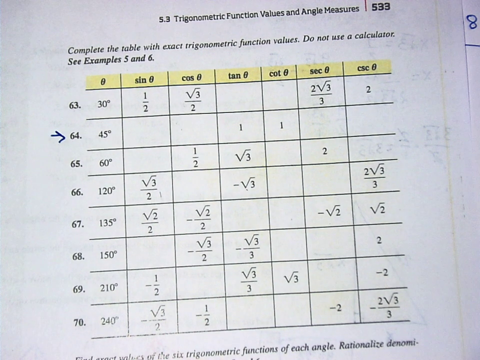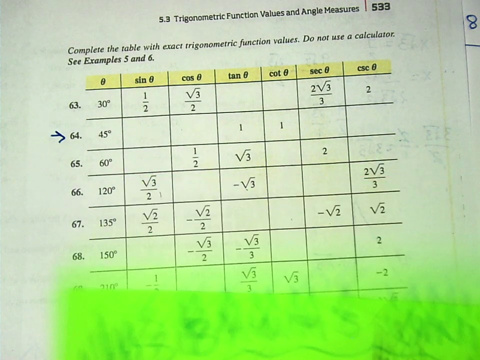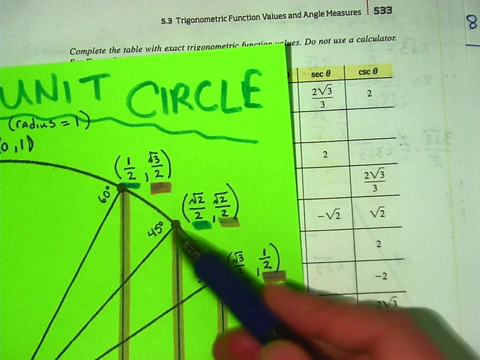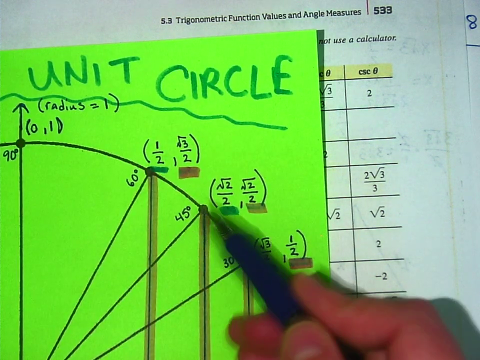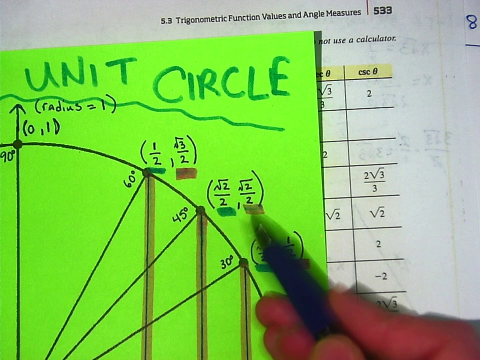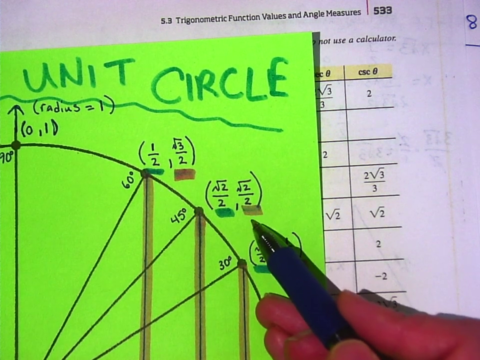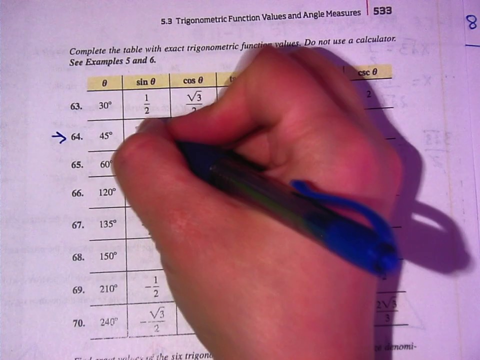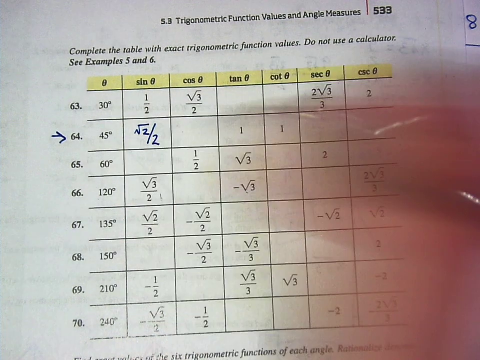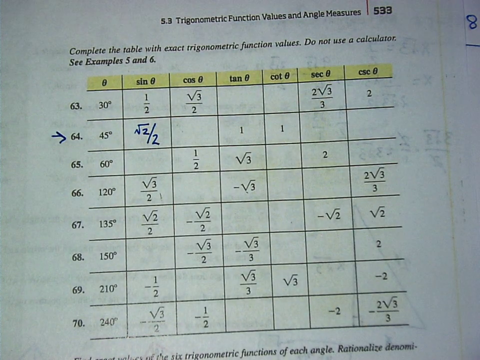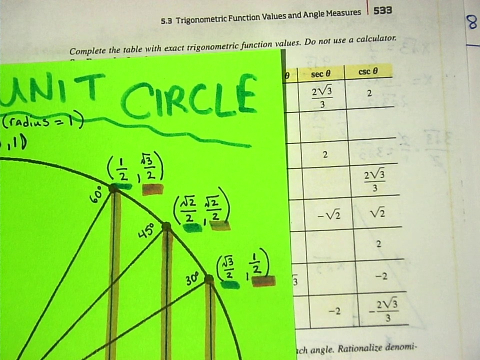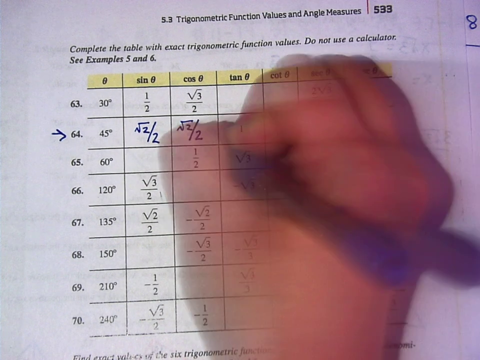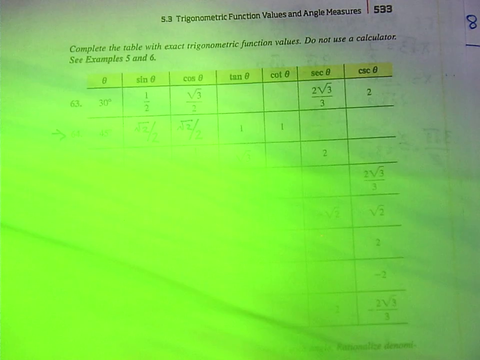All right, I'm going to find 45 degrees on my unit circle. And the first thing it looks like I'm looking for is sine. So here's my unit circle. Here's 45 degrees. Right here. Here are my 2 points. Which one of these is sine? The pink? The y? I mean, they're the same, but it would be the y value, right? Is sine. So I'm going to write the square root of 2 over 2. What about cosine? X. Same thing, square root of 2 over 2. Can somebody explain to me why is tangent